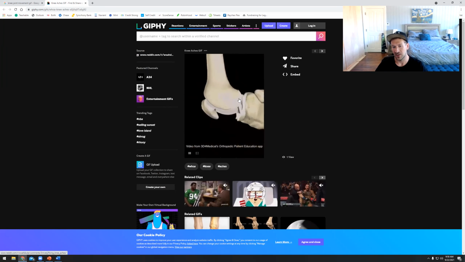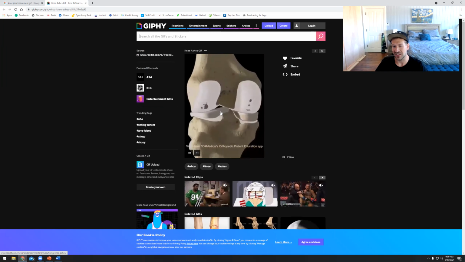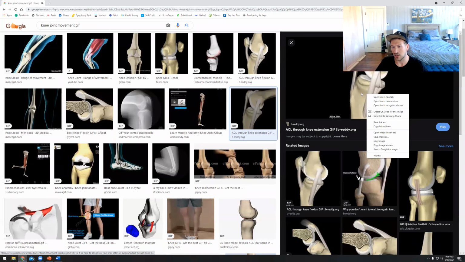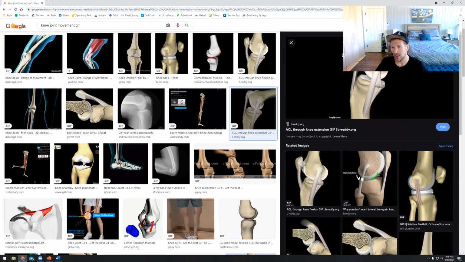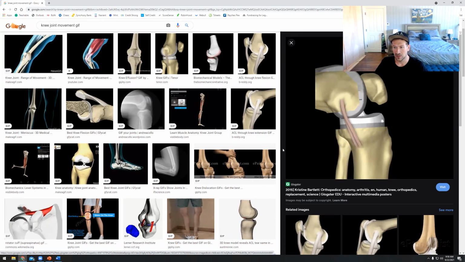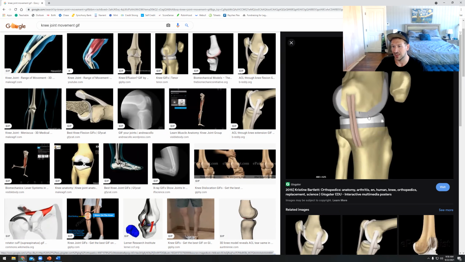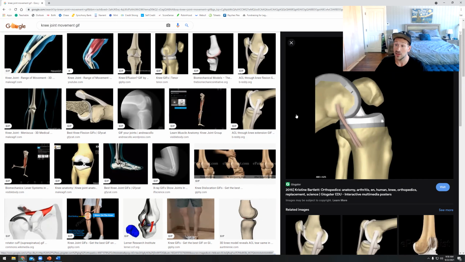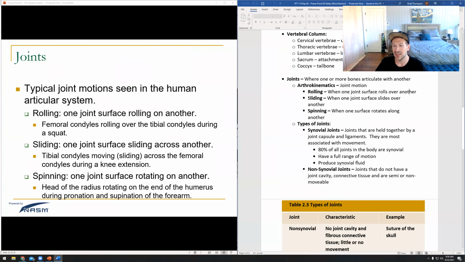But here you can see there's the rolling, but you also see that little sliding action. There's also a gliding action that occurs in the knee joint as well. Both of those things actually happen in the knee. So there's the rolling part, but see how it does a little bit of a slide there at the end. When it gets into place, it kind of locks in place there. So the knee joint actually has both of those, a gliding or sliding and rolling action. So rolling is when one joint surface rolls over another. Sliding is when one slides across another. And then spinning